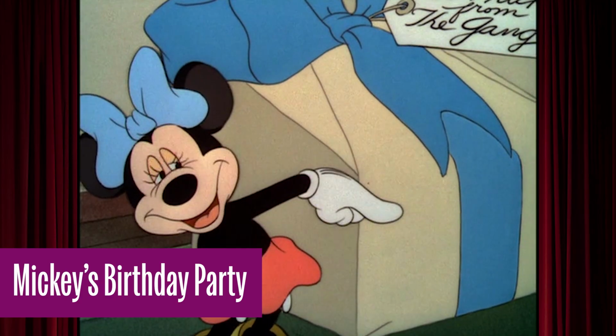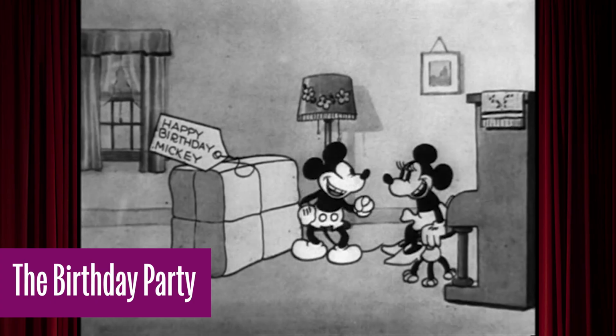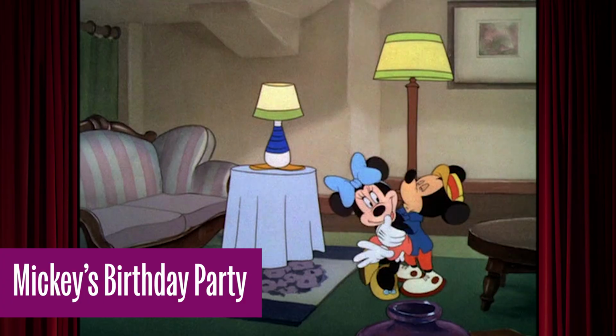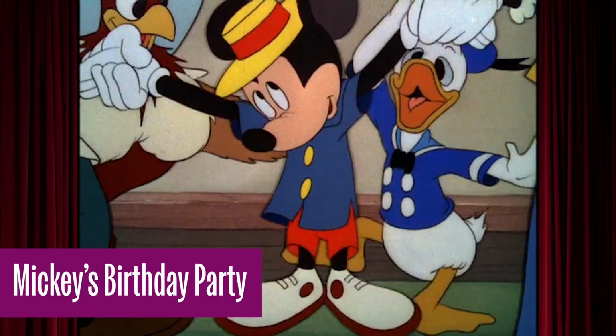The seventh short is Mickey's Birthday Party, released on February 7th, 1942. This short revisits the 1931 classic The Birthday Party. In this colorful remake, Mickey's friends throw him a surprise bash filled with dancing, music, and comedic chaos, featuring Mickey